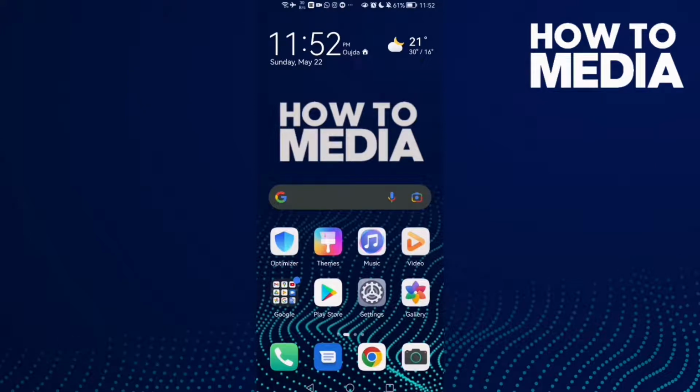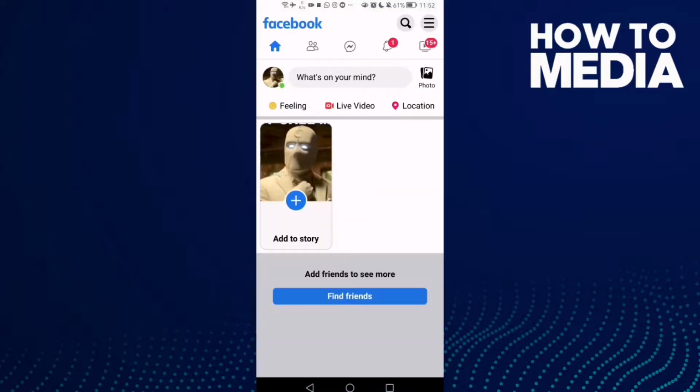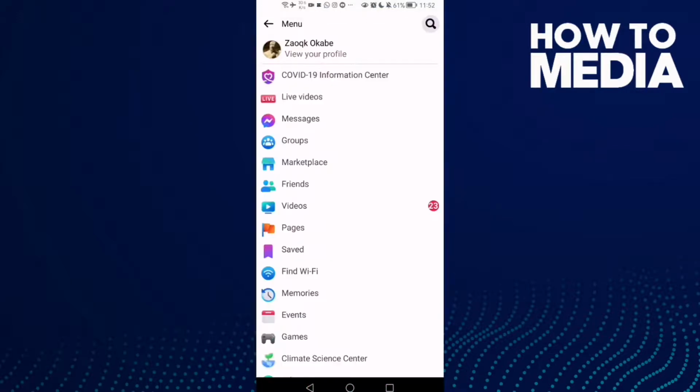How to turn off page you manage new followers notifications on Facebook Lite. Hello guys, in today's video I'm going to show you how to turn off page you manage new followers notifications on Facebook Lite. First thing, go to Facebook Lite and click these three lines in the top corner,